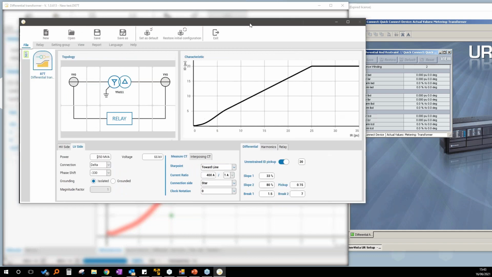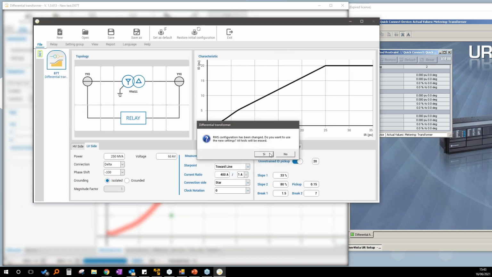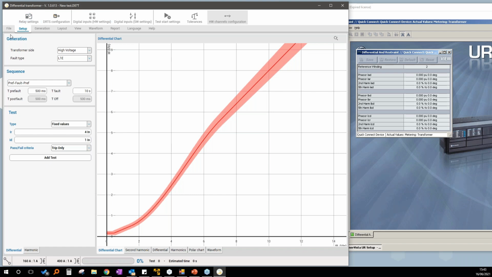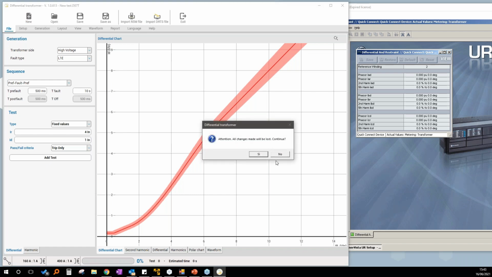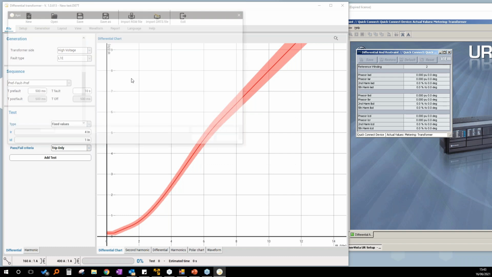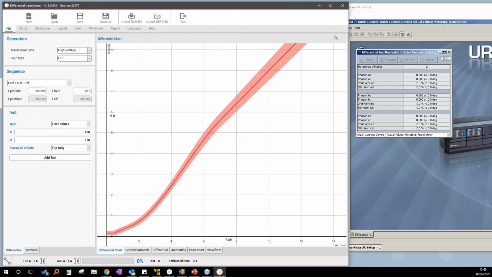Okay, in order to be faster, let me open a settings file that I saved before, because probably I made a mistake. Okay, so add and start. Yes, now it's correct.